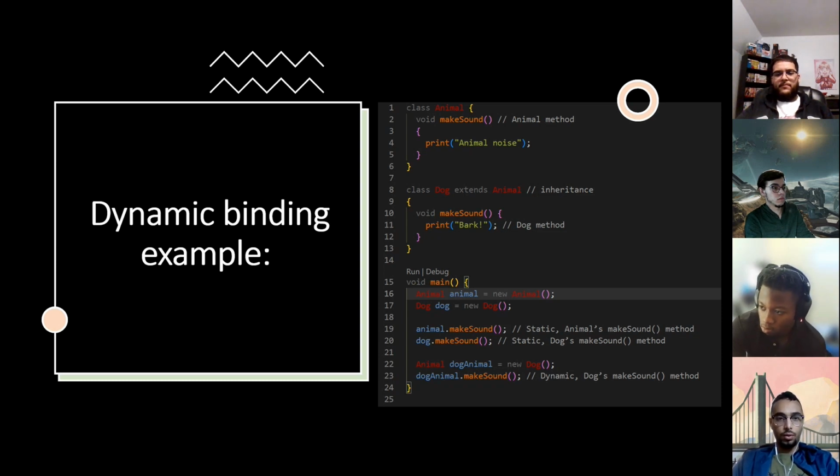However, when we get to line 22, this is where the dynamic binding takes place. We declare a new object of type animal, but we assign it a new dog class type. So it will be determined at runtime which make sound method will be used. On line 23, when we do animal dot make sound, it'll go to line 11, and it'll print bark. So it uses the dog's make sound method instead of the animal one, and that is determined at runtime instead of